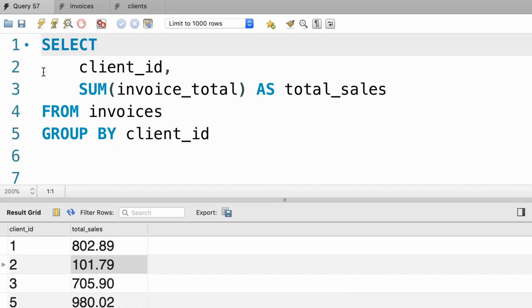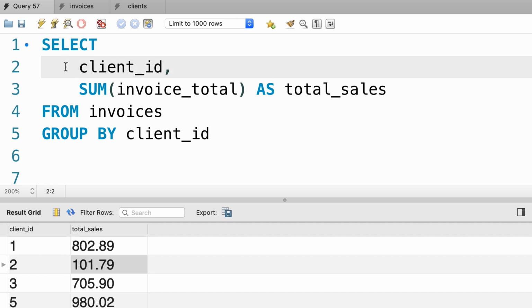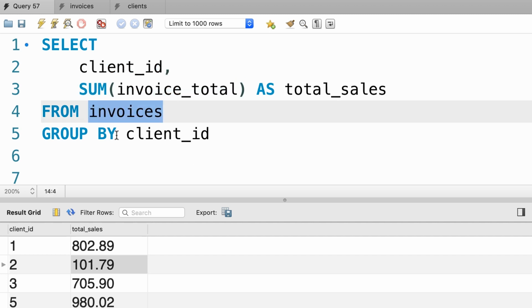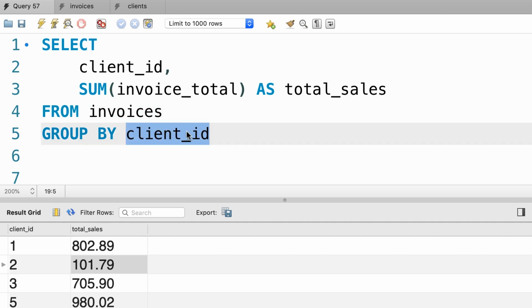Here's the example from the last tutorial where we calculate the total sales for each client. So we select the client ID column and the sum of invoice total from the invoices table and group our data by client ID. And here's the result. Beautiful. Now, what if we want to include only the clients that have a total sales of more than, let's